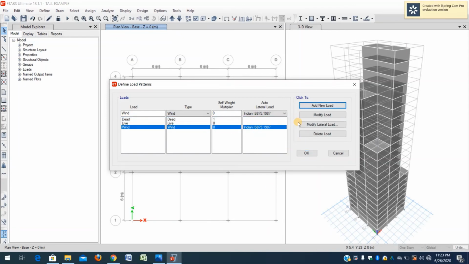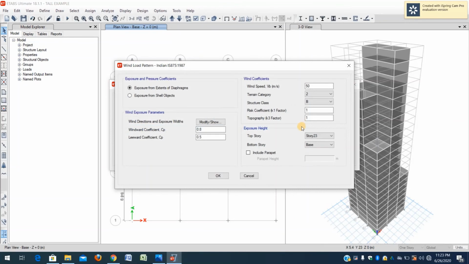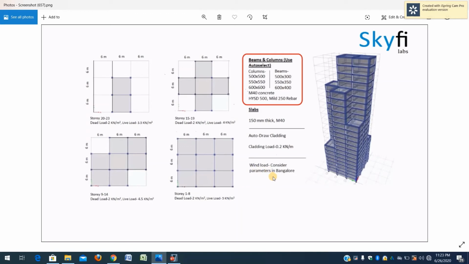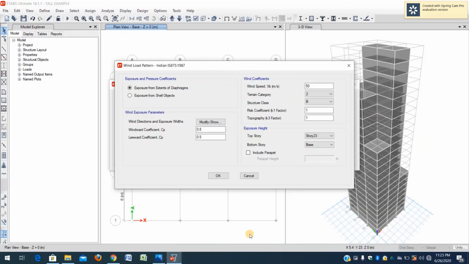Wind load is created. I need to modify the lateral loads. From this, we need to modify the wind coefficients. The wind coefficients we are taking are from Bangalore city. The wind load parameters were taken from Bangalore city, referring to IS 875, the wind loads code book, depending on the location, topography factor, all those things. The wind speed obtained is 33